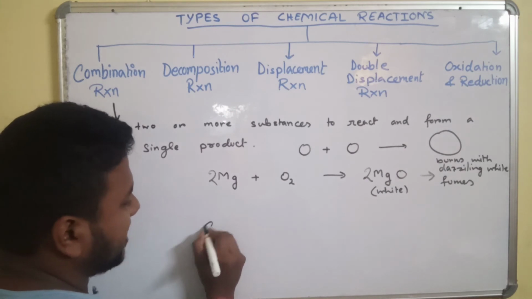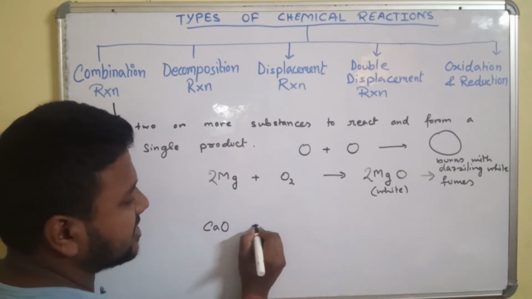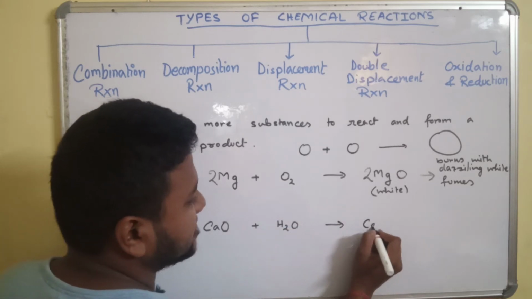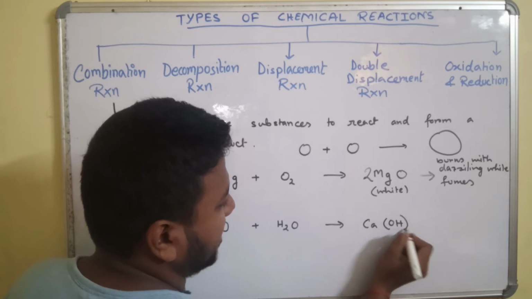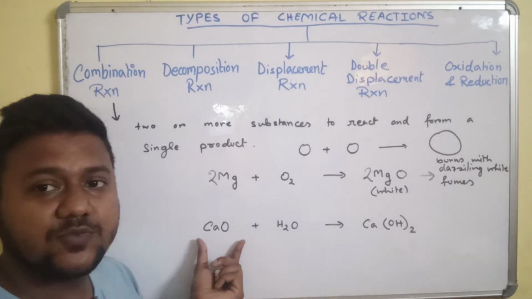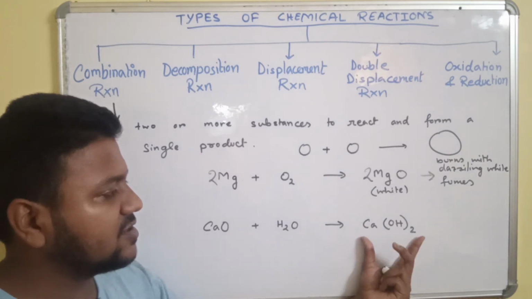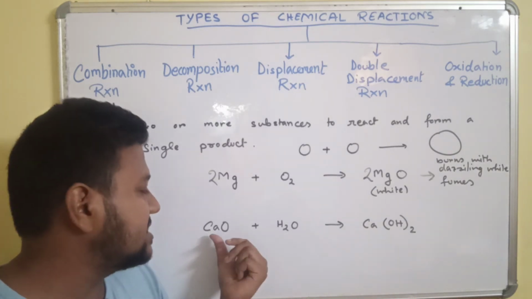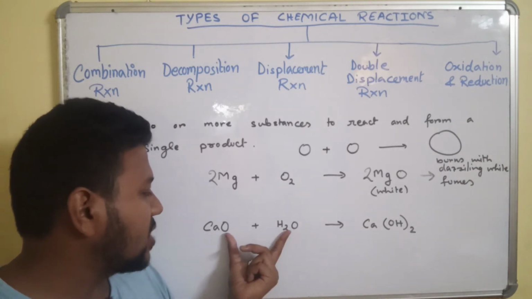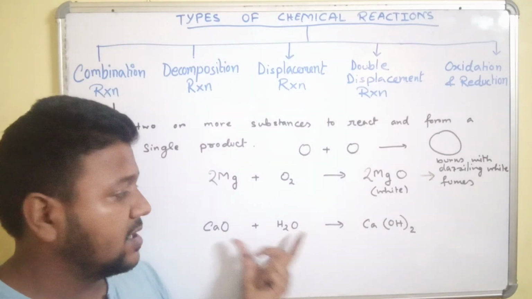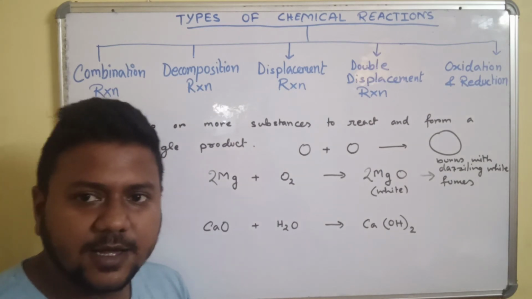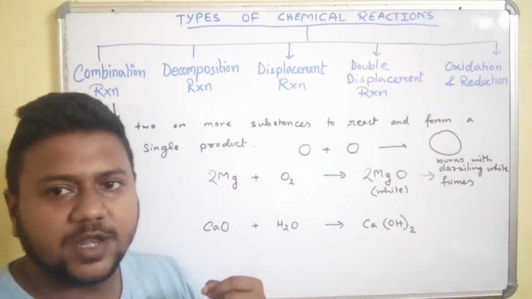Say we have a reaction, calcium oxide reacting with water. We get the product calcium hydroxide. In this reaction, we see two reactants reacting together to form a single entity. Over here we see calcium, one atom. We see oxygen, 1 atom here, 1 atom here. Here we have 2 atoms of oxygen and 2 atoms of hydrogen. It is already balanced. Clear? This is also a kind of combination reaction.